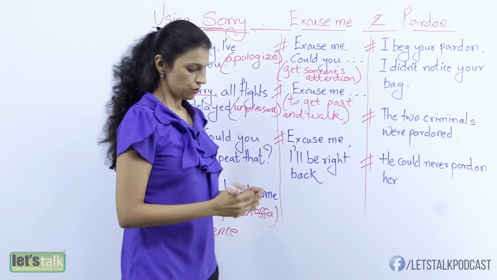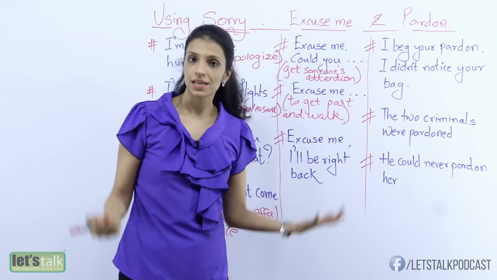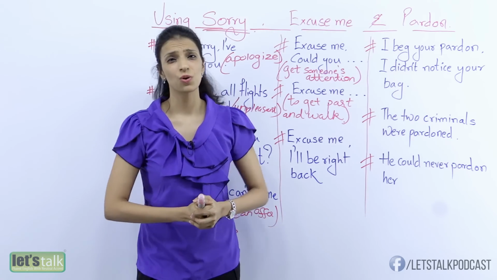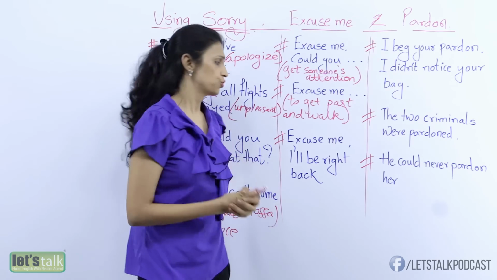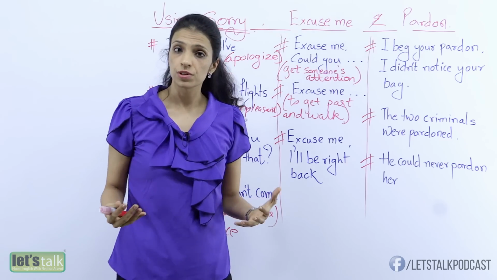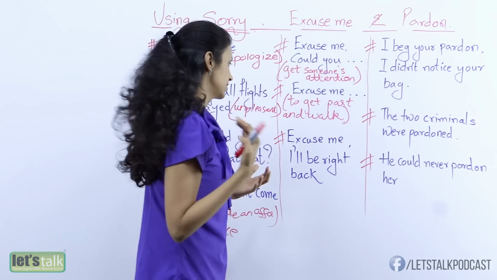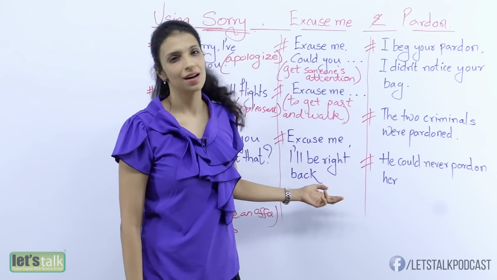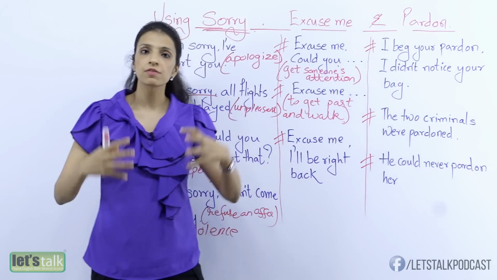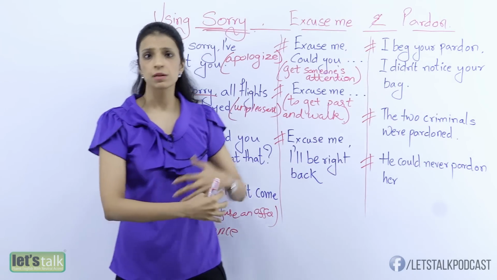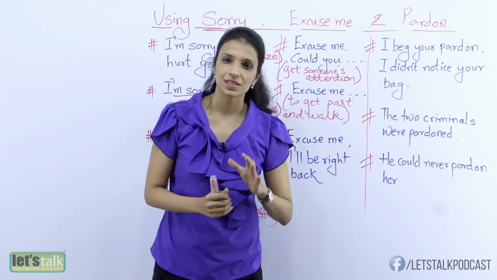Right? Now imagine we are all at the dinner table and I have an urgent call to make, or maybe I just want to use the washroom. So it's very rude if I just suddenly get up and walk away. So I stand up and say, excuse me, I'll be right back. So when you want to leave a particular place, maybe temporarily, you say, excuse me.